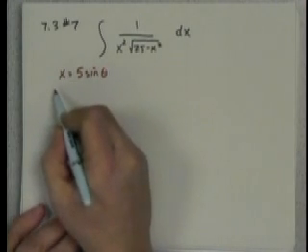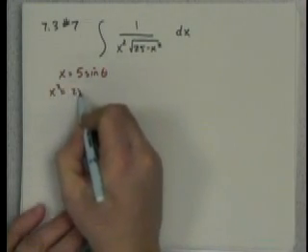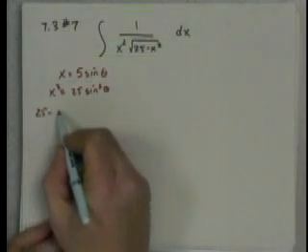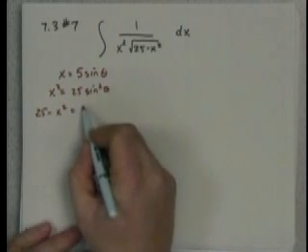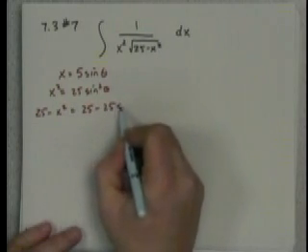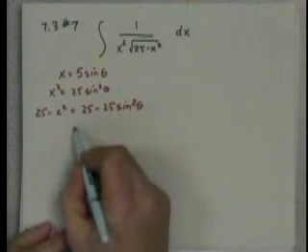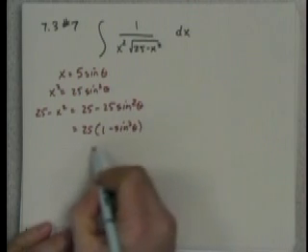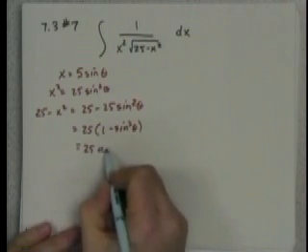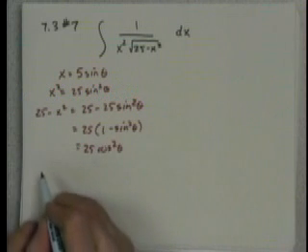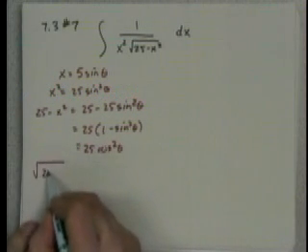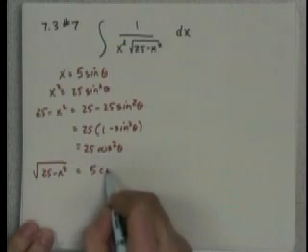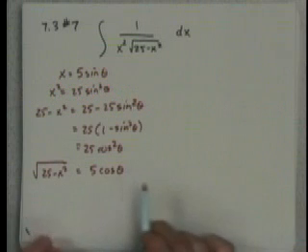I'll step through it this first time. So x squared is 25 sine squared theta. 25 minus x squared then becomes 25 minus 25 sine squared theta, which you can factor the 25 out and then replace 1 minus sine squared with cosine squared. So the square root of 25 minus x squared becomes 5 cosine theta. And again, normally,